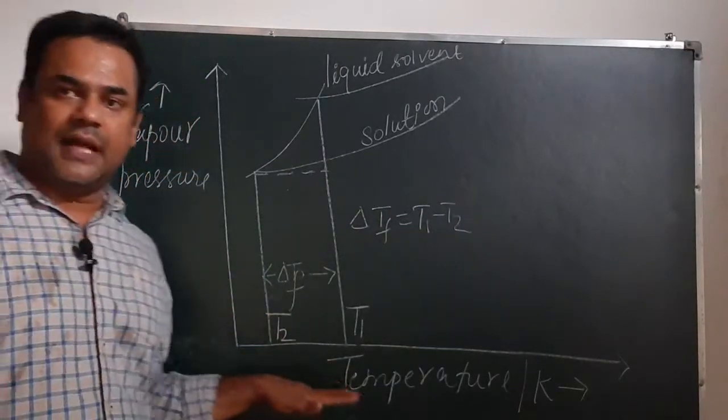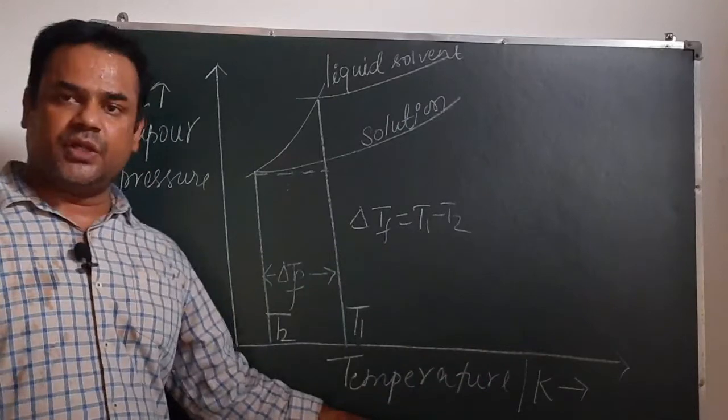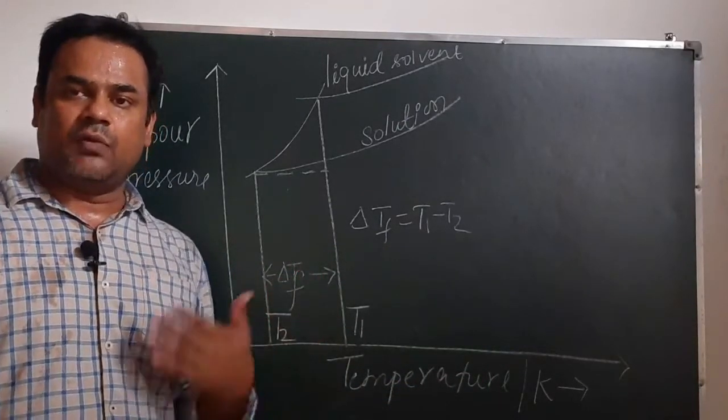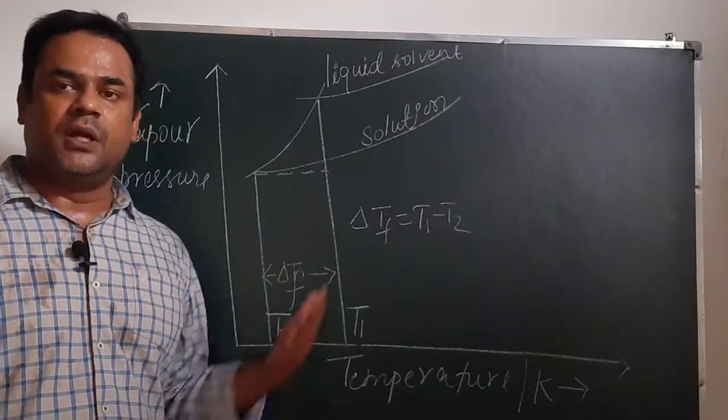On the x-axis we have taken temperature in Kelvin, on the y-axis we have taken vapor pressure, and we have already established the relationship between delta TF and